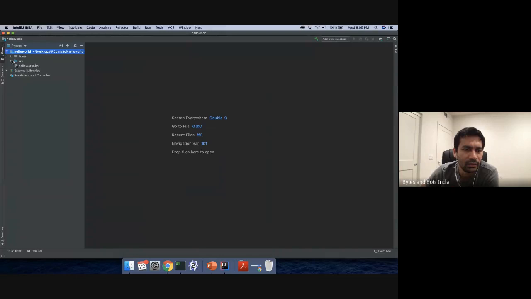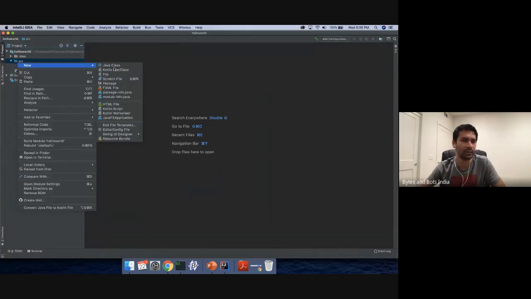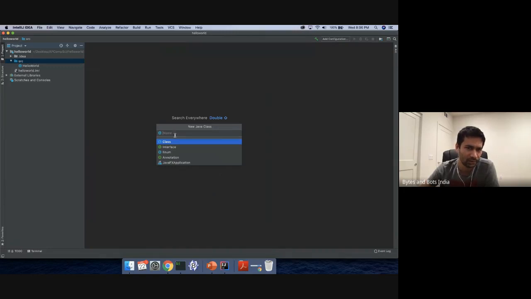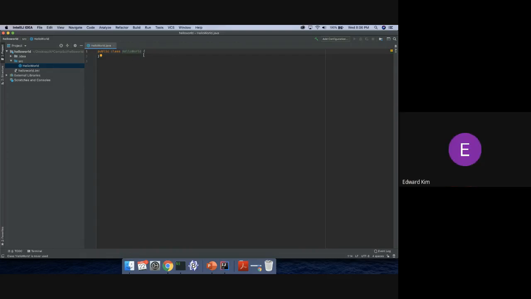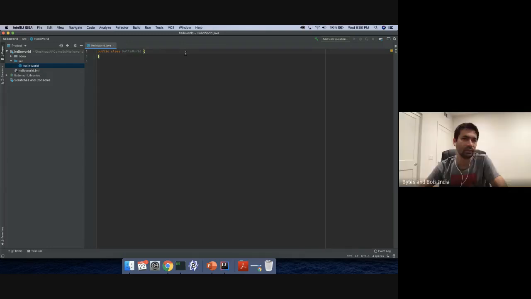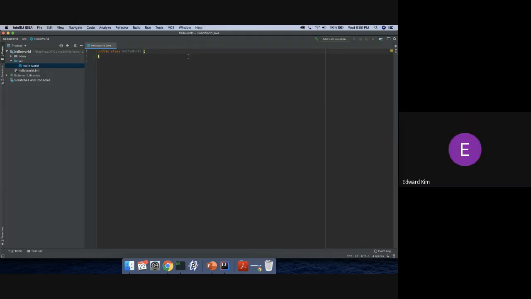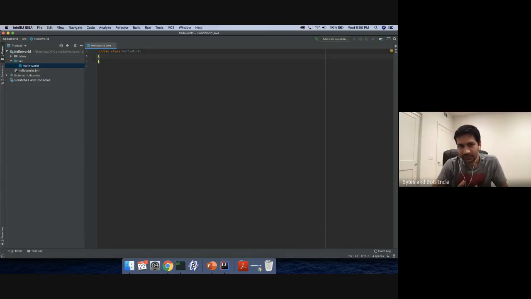Everyone on the source folder, do a right click, New Java class, give it a name. Hello world is a good name. And once you do that, you'll see IntelliJ opens a file for you. It creates a file called HelloWorld.java for you. Source is src, right? Correct. Do we all see this?